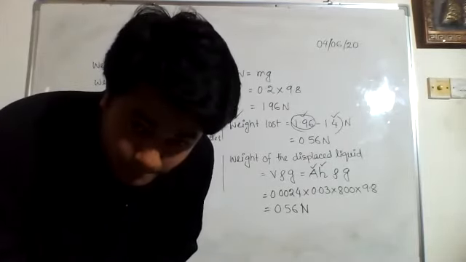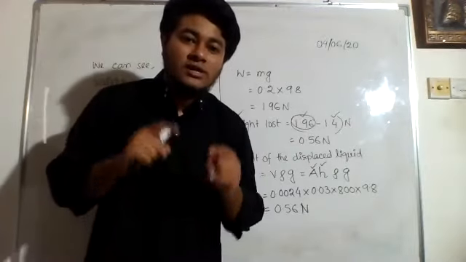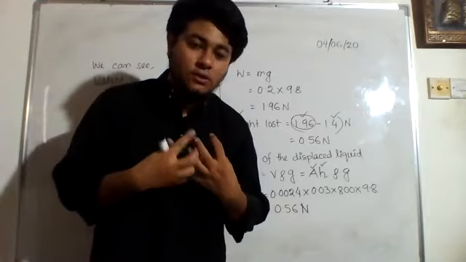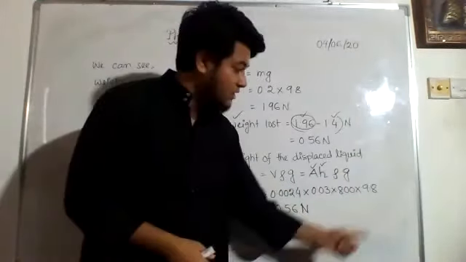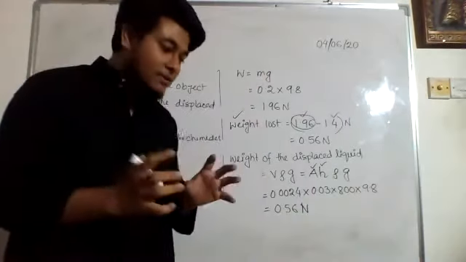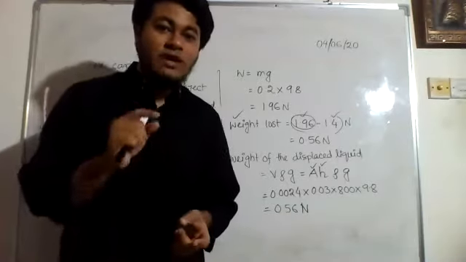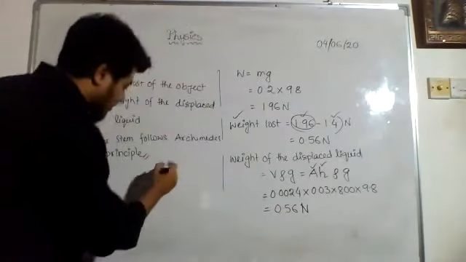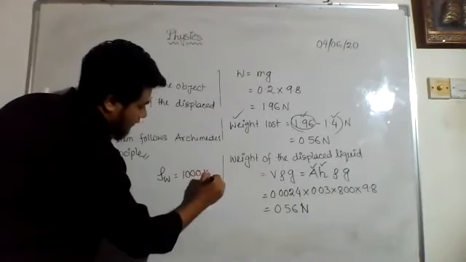Right, sir, I'm saying, if the liquid is water, then the density of water is constant. We know it, like the value of G. If the value of G is not given in the question, you can put it as 9.8. But in the same way, the density of water, if it is not given in the question, you can use the value of 1000. The density of water, that is rho W, is 1000 kilogram per meter cube.